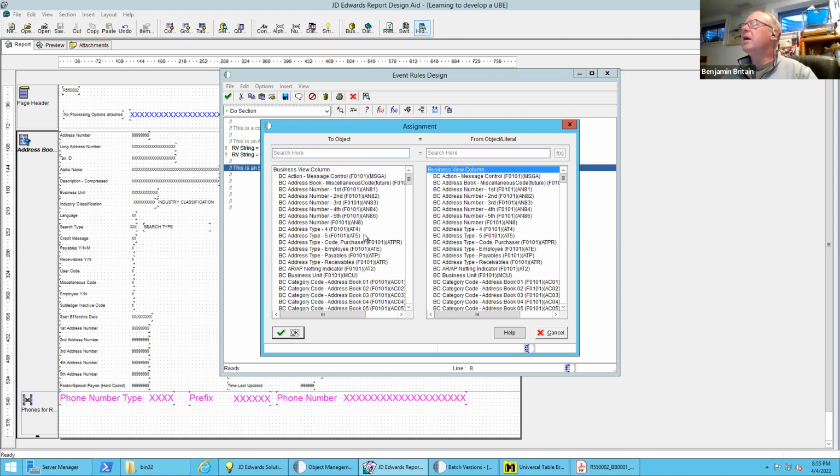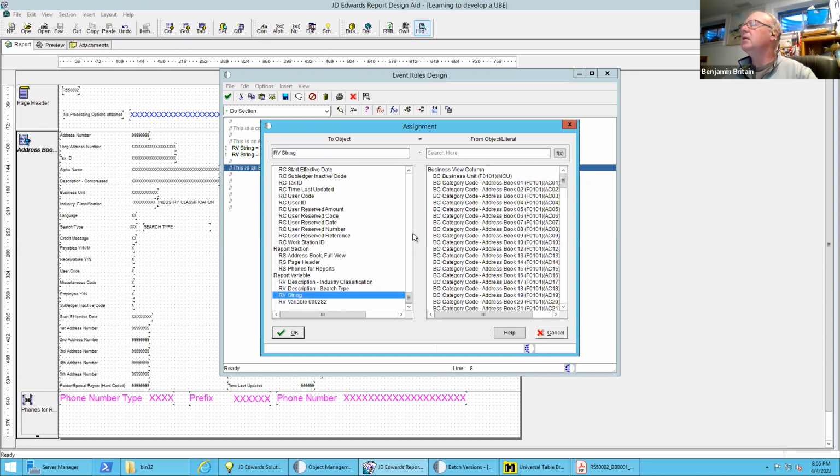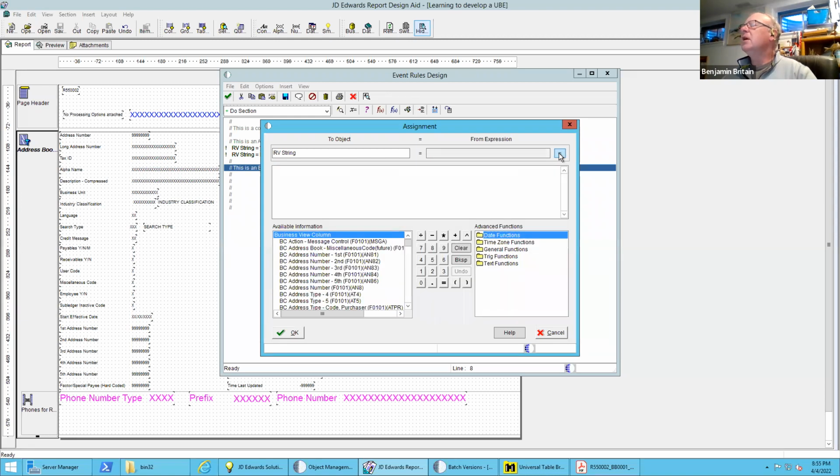And the way we get there, I'm going to pick my object that I'm assigning with, RV string. And then I'm going to go over here. If I hover on that, usually something pulls up. This is like a function key. It just means it's more complex. So I'm going to click on this, and it's going to take me to